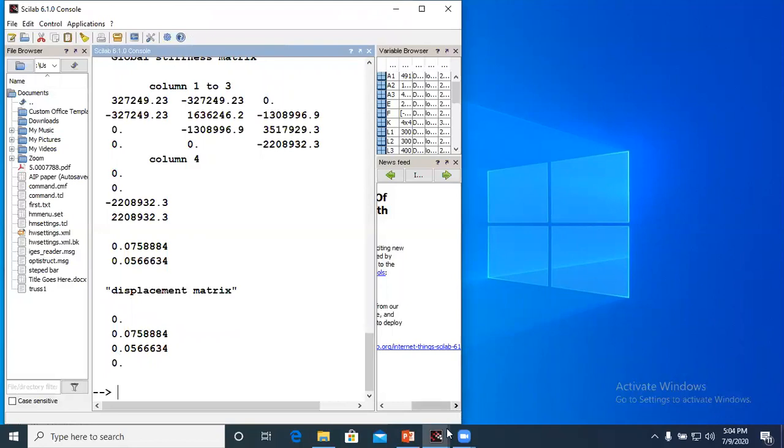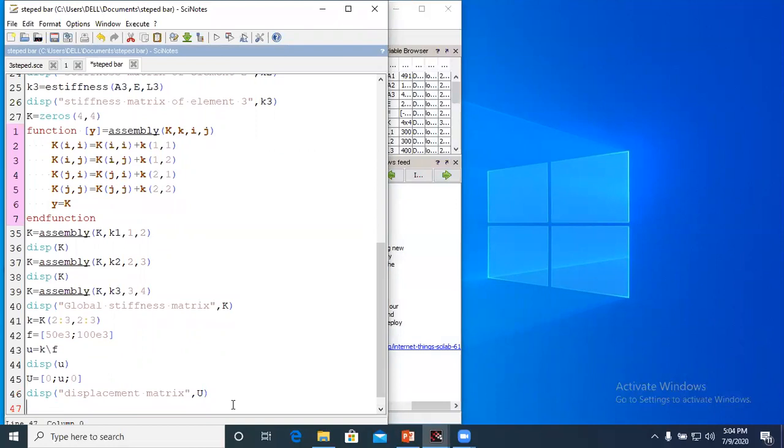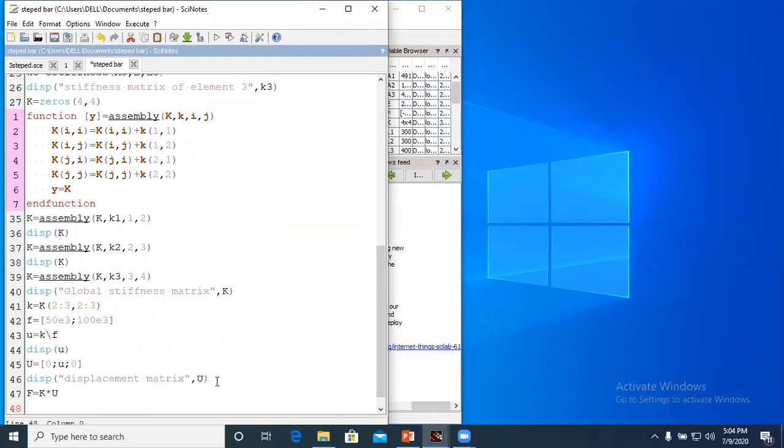Now next, for calculation of the support reactions, you take the product of global stiffness matrix and this displacement matrix. Now I will write the F as a force matrix, and capital K is my global stiffness matrix, and capital U is my displacement matrix. Now I will display force matrix, and it is capital F. Okay, now I will execute it.